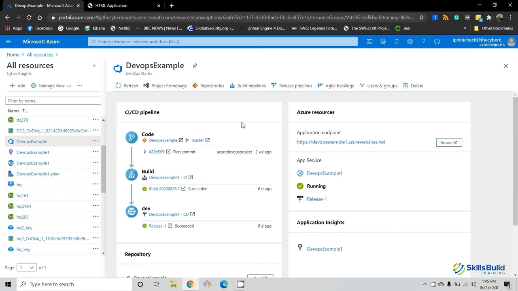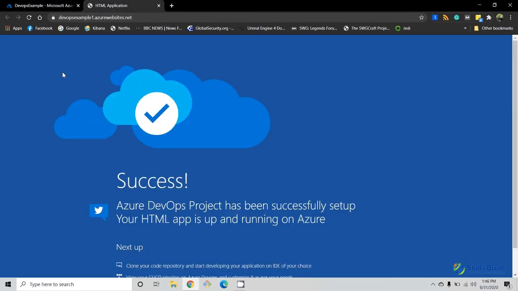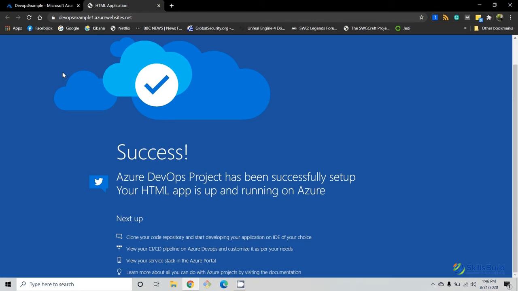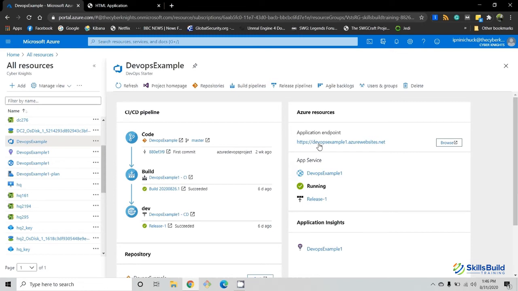One thing I wanted to show was that the application actually has a URL that you can go to. And I did open that. And just to show you that it's working, they do give you this convenient placeholder that says success, everything's working, your HTML app is up and running. So I just wanted to show that they do give you a URL that you can use, and you can even use it, if you don't have a domain for the site that you're working on, especially during development. Okay, so we have our DevOps example